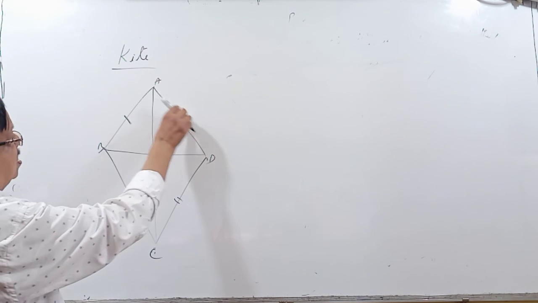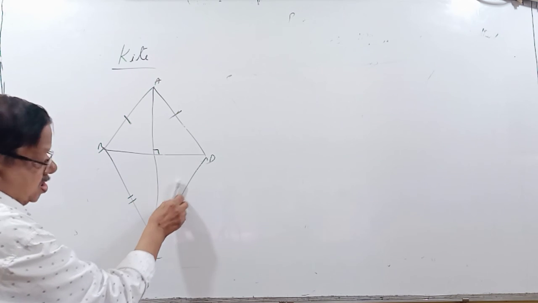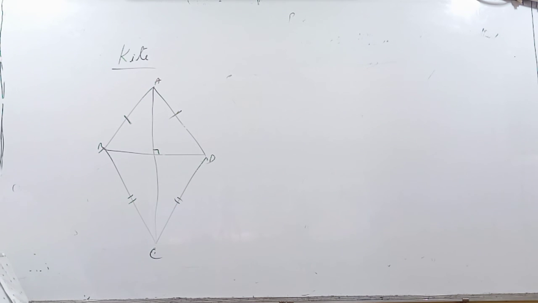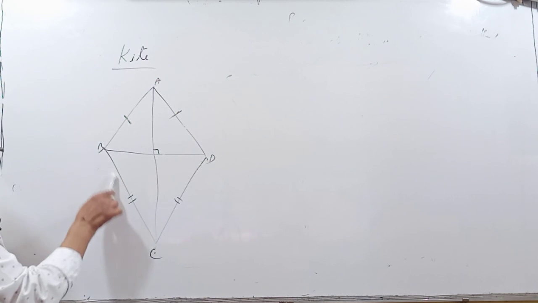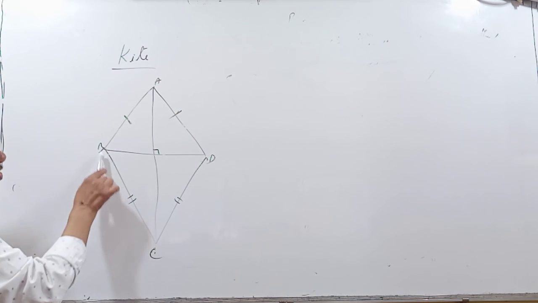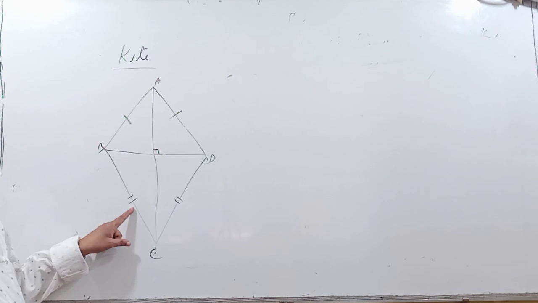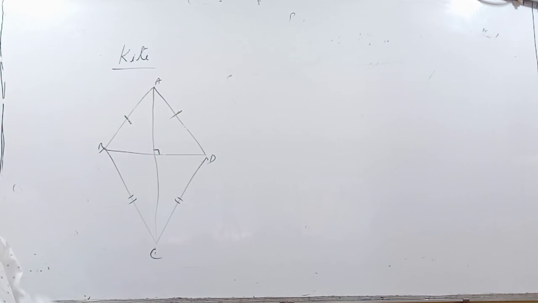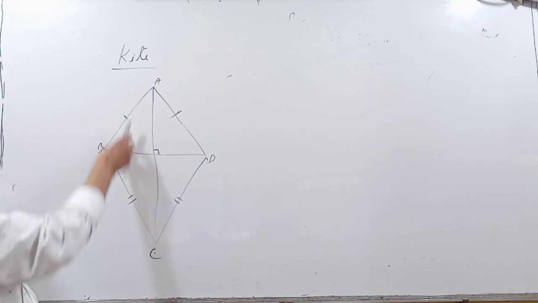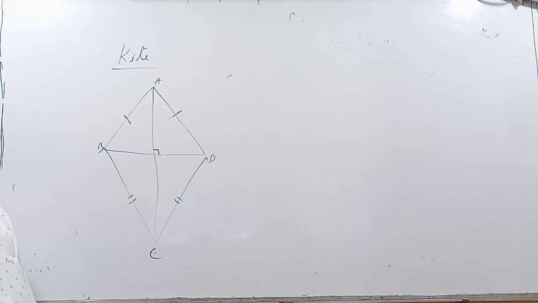Definitely AB is congruent to AD and BC is congruent to CD. See, a very important thing is that this side is not congruent to this side. If this side is also congruent to this side, what figure will it become? It will not be a kite, it will be a rhombus. If all sides are congruent, then it becomes a rhombus. So it is not a rhombus, but this is not equal to this. Such a figure is called a kite. These are the various types of quadrilateral you have studied. We will do more about these things in the next lecture.